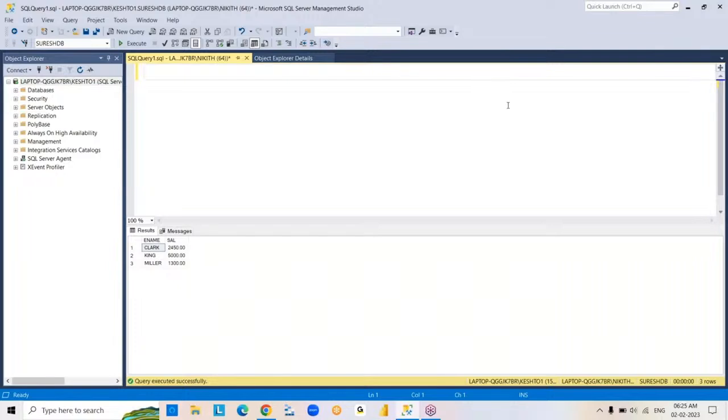Credentials means what? Username, password. Login. So what are the different types of logins there in SQL and how we are going to work with them? I mean, how we are going to use. So these are all really important for us because we're in the beginning, so better to get some knowledge about that. See, here we have